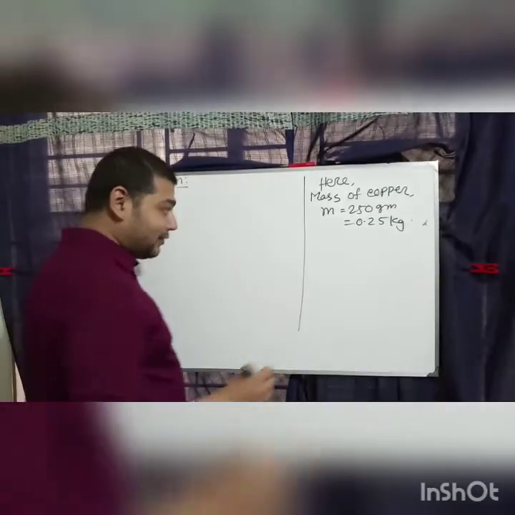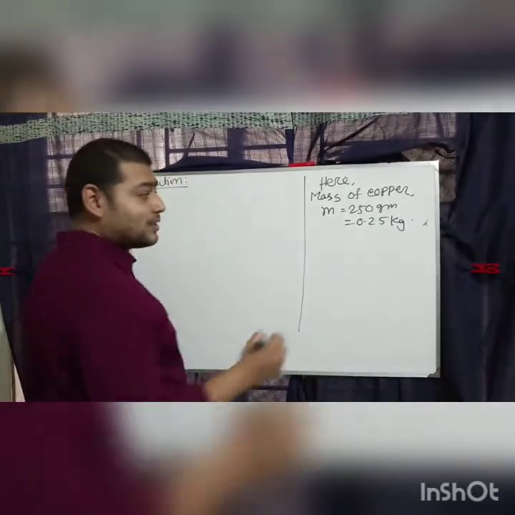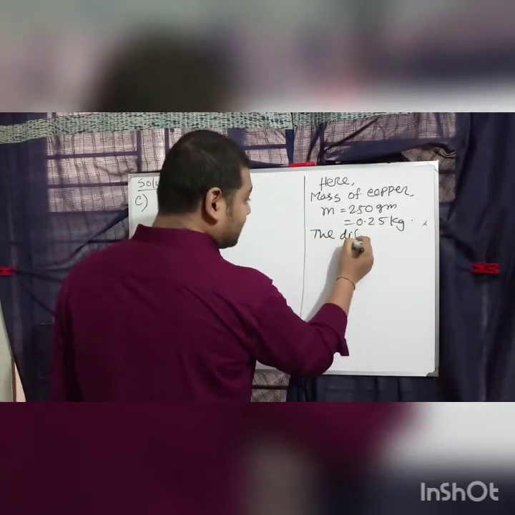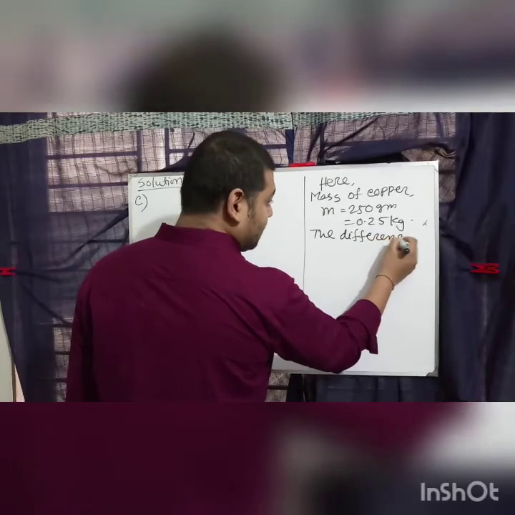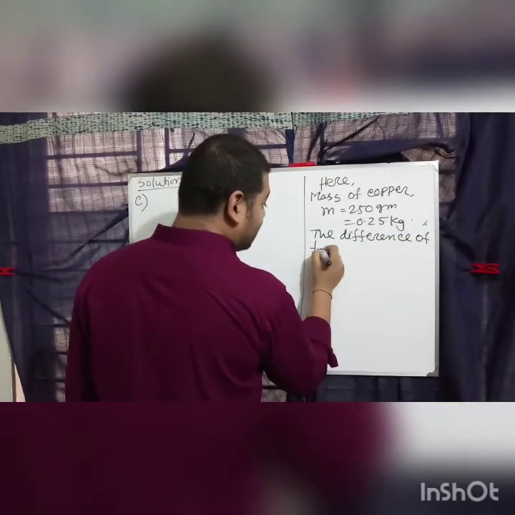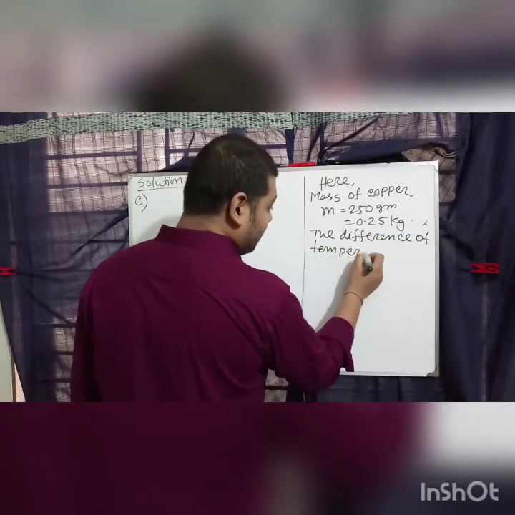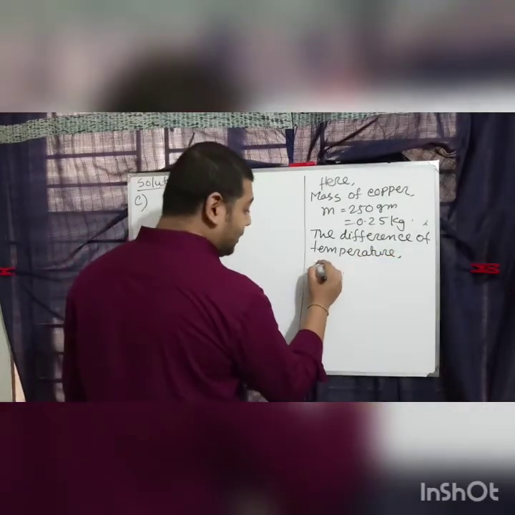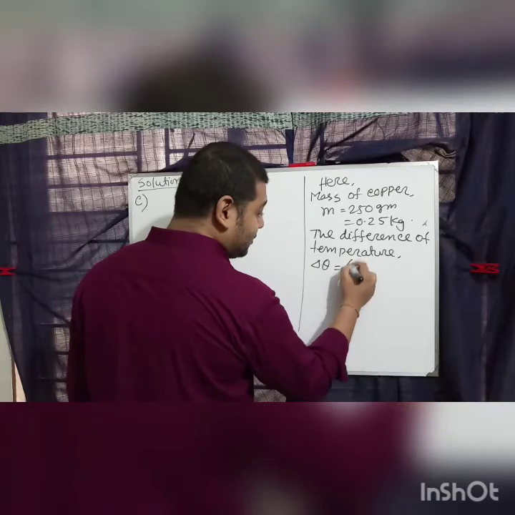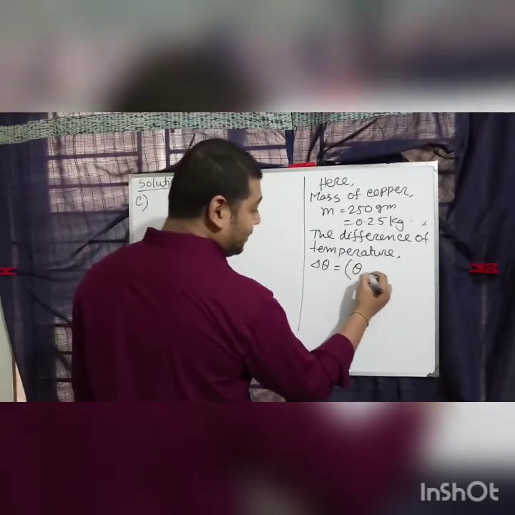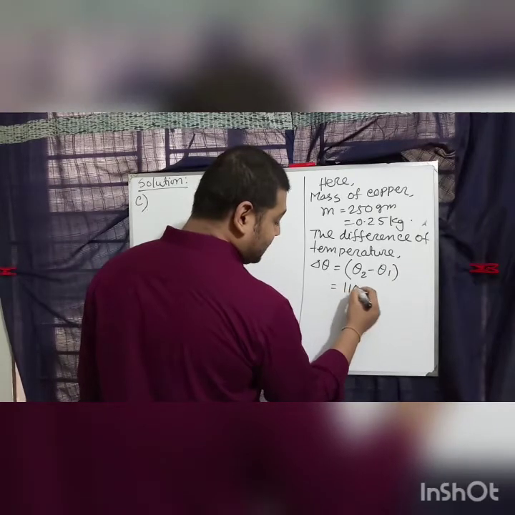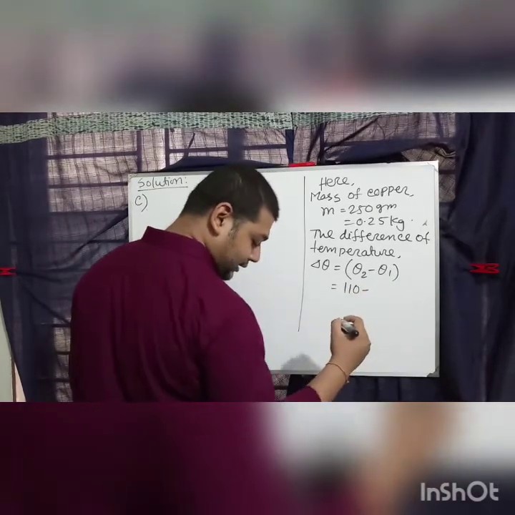Then we are given that the difference of temperature del theta equal to theta 2 minus theta 1 equal to 110 minus 30